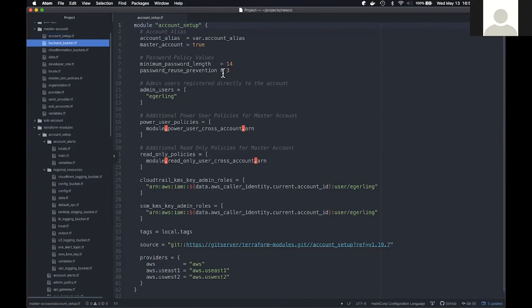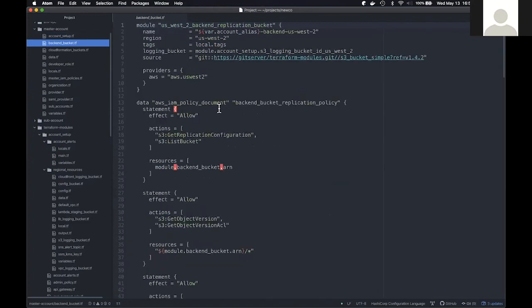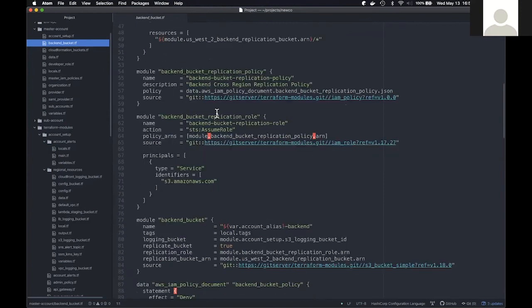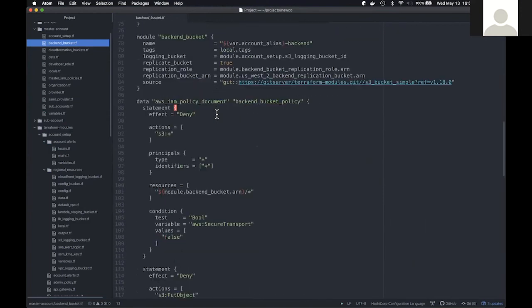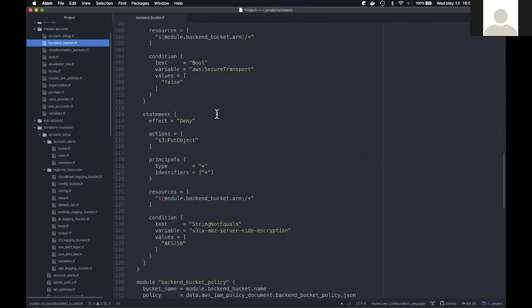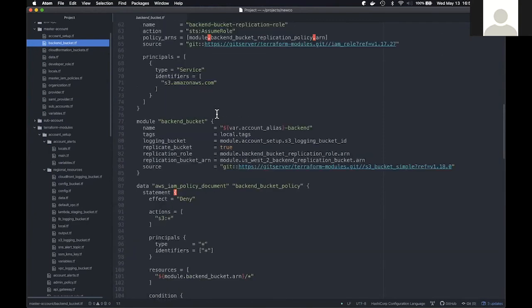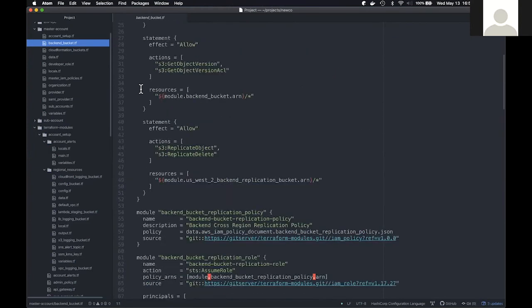Backend bucket is a great example of utilizing the bucket to create our backend. In this particular case, we're actually building replication policies and replicating all of our data. So we create our bucket in US East 2 for all of our backend management. But I want to make sure I have all of that data replicated to a second region. And, I mean, that is the crown jewels after all. So I've set up inside of Terraform a policy that for this particular bucket, all of that is going to be replicated over to US West 2 to a separate bucket. And so I can manage and do all of that inside of here as part of that master account stamp